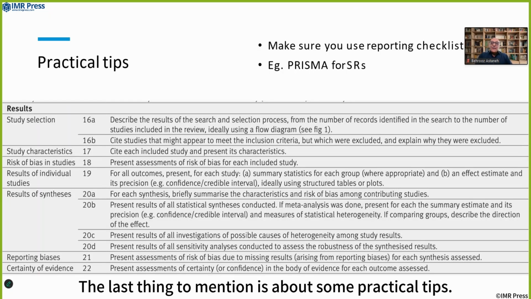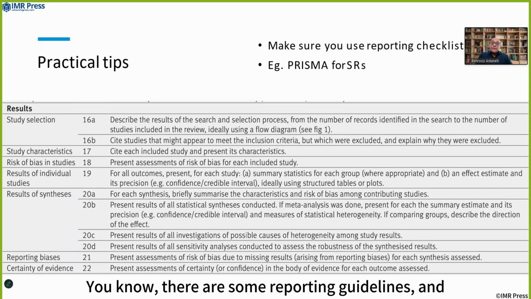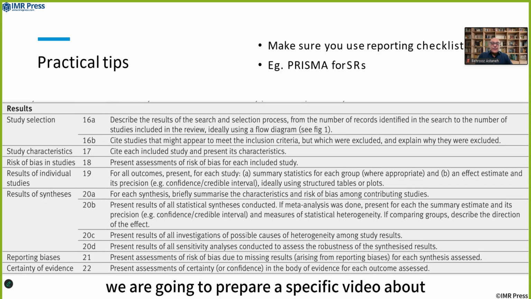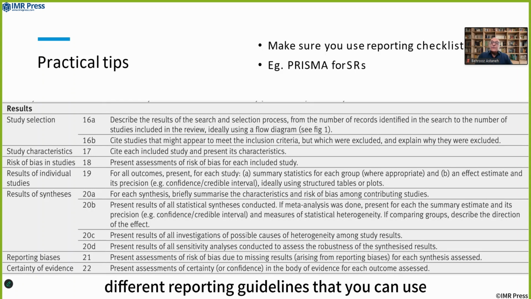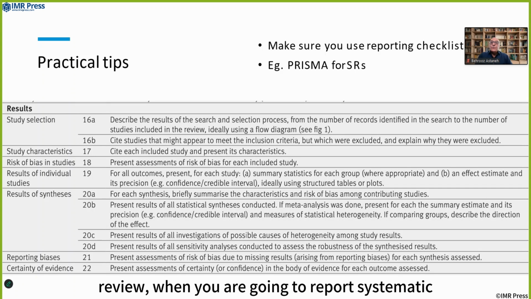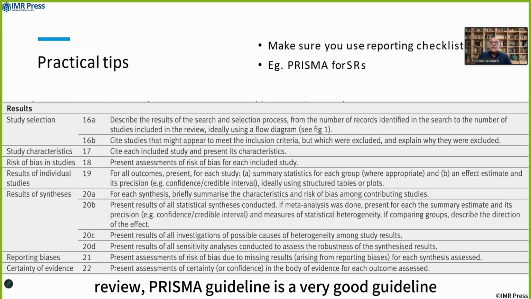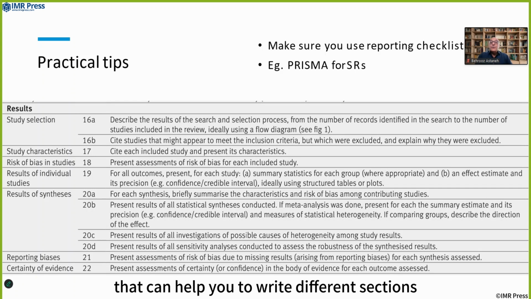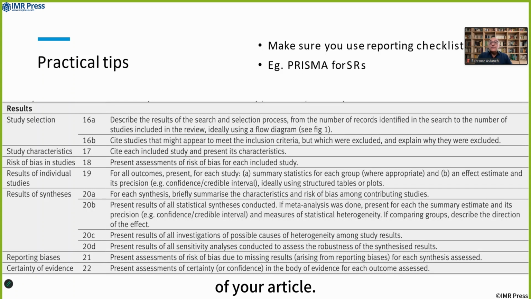The last thing to mention is about some practical tips. You know, there are some reporting guidelines, and we are going to prepare a specific video about different reporting guidelines that you can use when you are going to write your articles. However, just for you to know some names, if you are doing, for example, a systematic review, the PRISMA guideline is a very good guideline that can help you to write different sections of your article. And as we are now talking about the results section, you can go through the results section